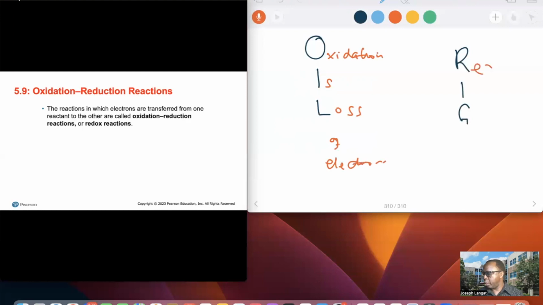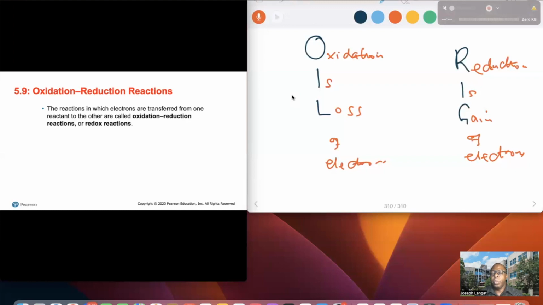And then reduction is gain of electrons. And remember, electrons are negatively charged. So this is what I'll use to define, until I commit to memory, the definition of oxidation and reduction. When you see two reactions taking place, one species is losing electrons, the other species